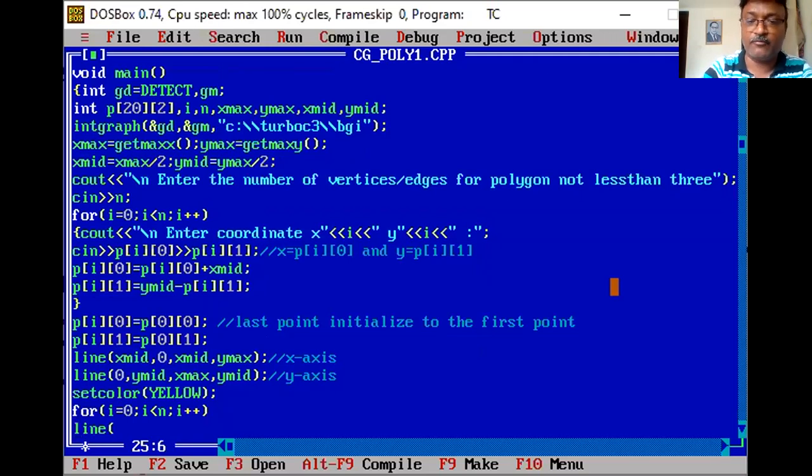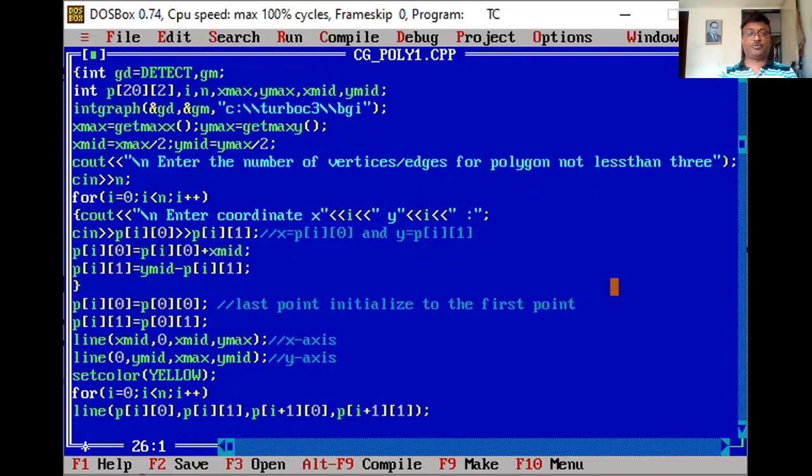Line p of I0, comma p of I1. This is my x1, y1. Now how can you generate the x2, y2? P of I plus 1, 0, comma p of I plus 1, 1. This is my x2, y2.